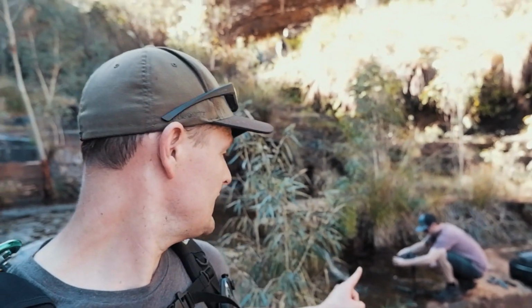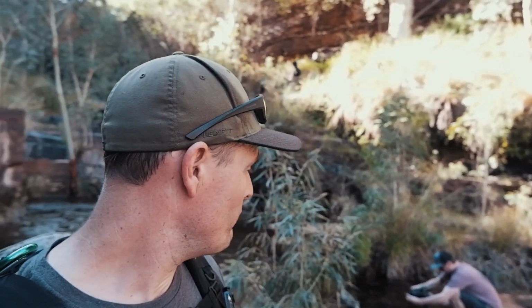So even though it hasn't rained, there is still water down the bottom here, which is excellent. We've still got a couple of small waterfalls that we're going to be able to get a composition with. Hamish is just in the background there, with what looks like his Tamron wide angle,